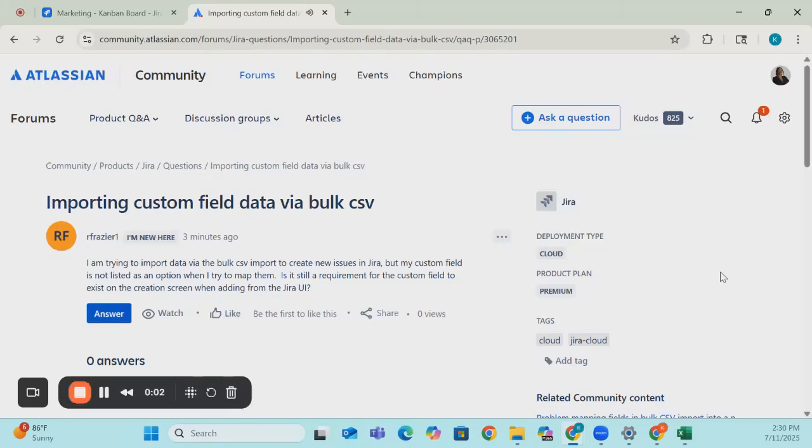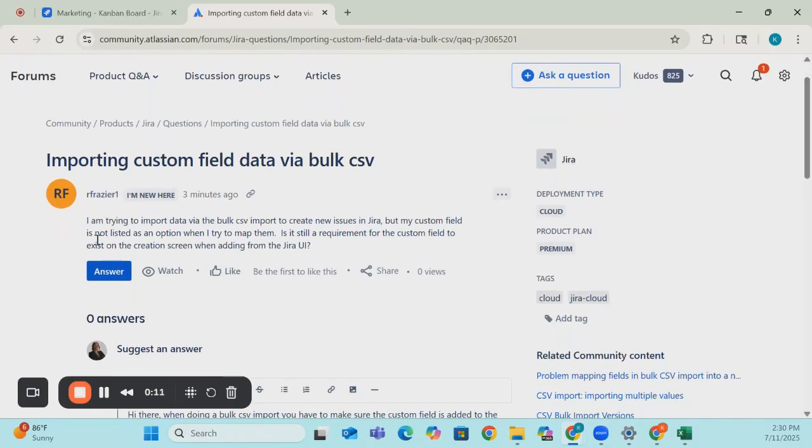In this Atlassian Community Q&A video, we are going to address this question about importing custom field data via bulk CSV. So here, this question says, I'm trying to import data via the CSV bulk import to create new issues in Jira, but my custom field is not listed as an option when I try to map them. Is it still a requirement for the custom field to exist on the creation screen when adding from the Jira